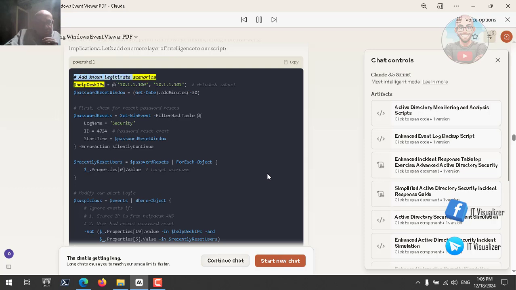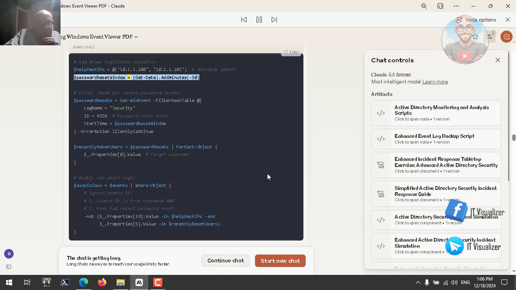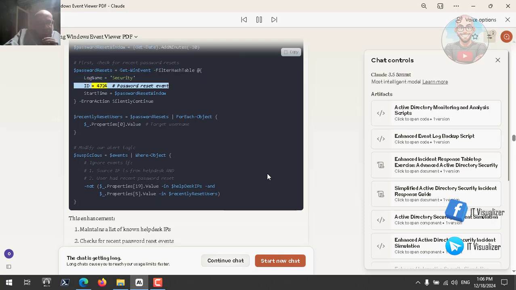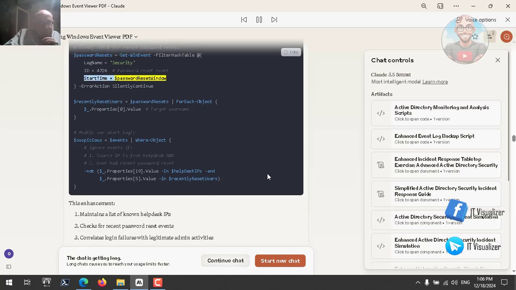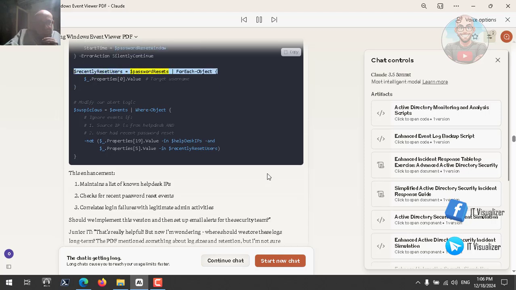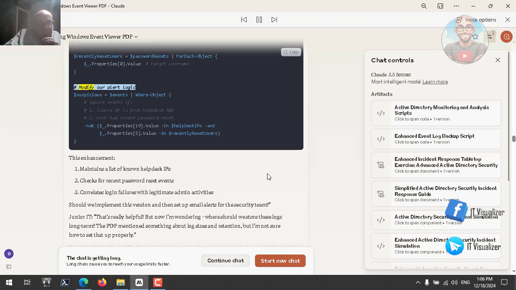# Add known legitimate scenarios. $helpdeskIPs = @("10.1.1.100", "10.1.1.101") # helpdesk subnet. $passwordResetWindow = (Get-Date).AddMinutes(-30). # First, check for recent password resets. $passwordResets = Get-WinEvent -FilterHashtable @{LogName='Security'; ID=4724 # password reset event; StartTime=$passwordResetWindow} -ErrorAction SilentlyContinue. $recentlyResetUsers = $passwordResets | ForEach-Object {$_.Properties[0].Value} # target username. # Modify our alert logic: $suspicious = $events |